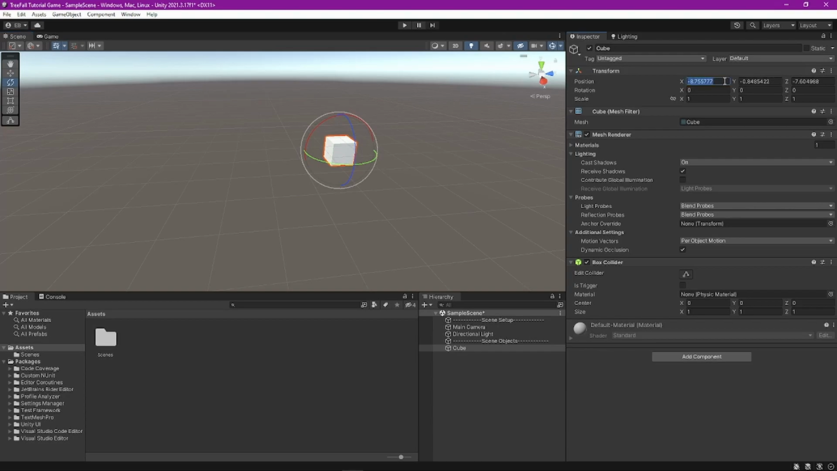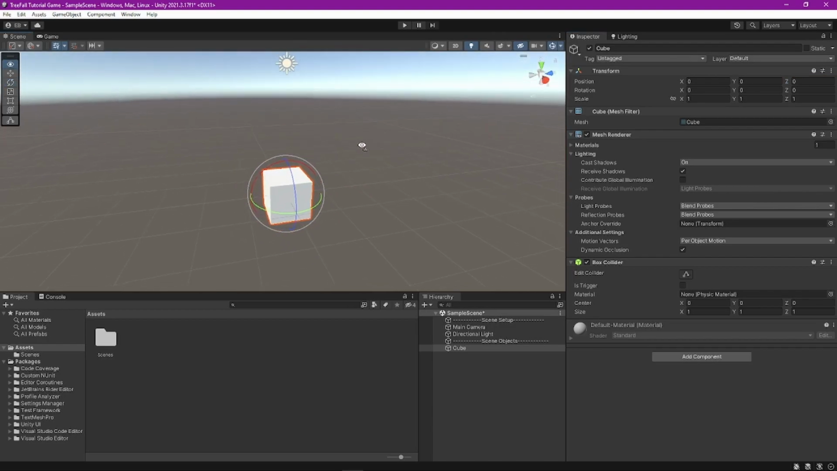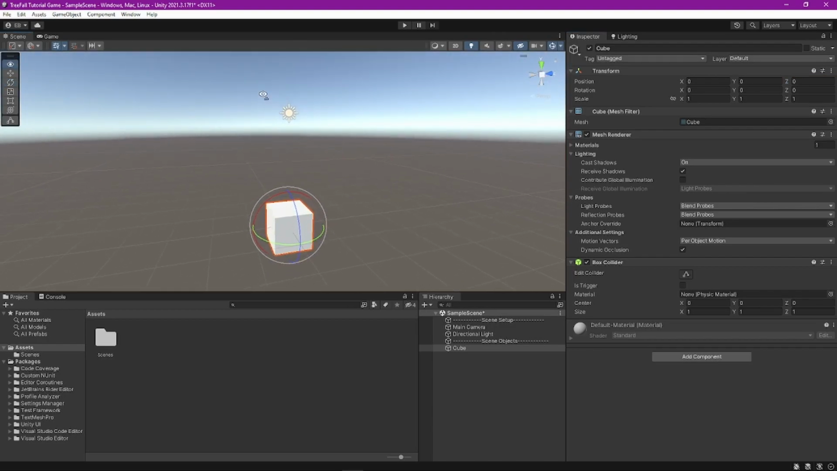So we're going to want to go ahead and zero this out. I personally like to just type in 0 three times instead of hitting reset. I think it's a little therapeutic, so I do that. So now our cube is in the middle of the scene, and this is what we're going to turn into